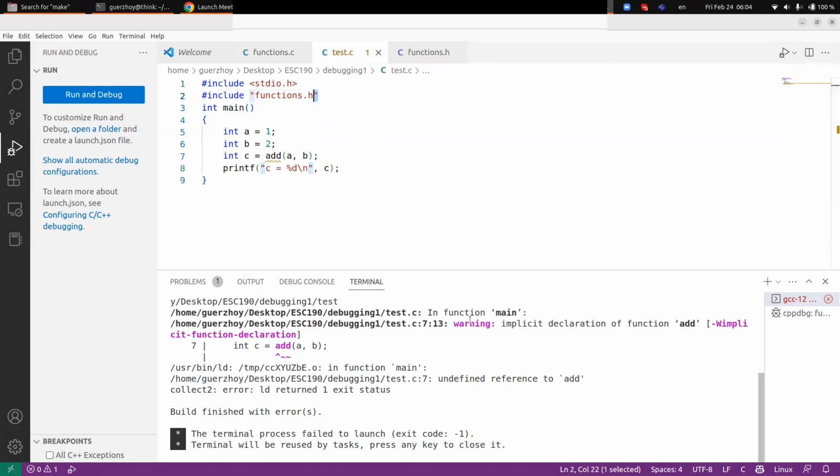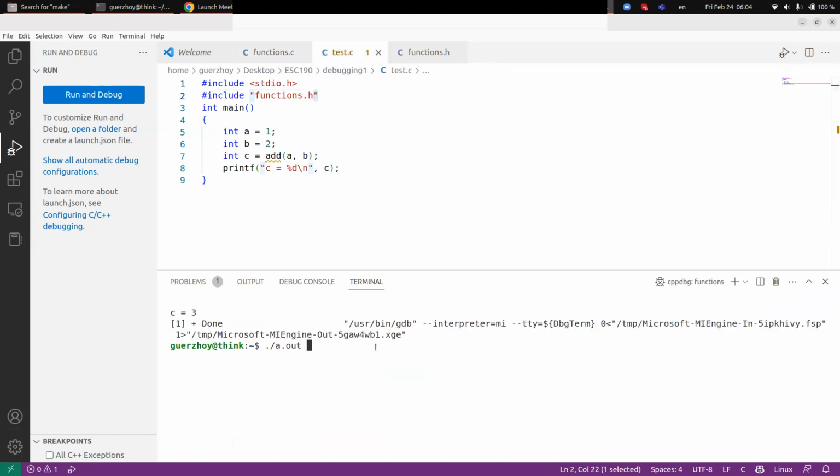So now that that's done, we can compile this in the terminal. So I need to find the folder first, I would say. So desktop. 90 debug 1. So I don't think that's the folder. So notice that when I'm typing in